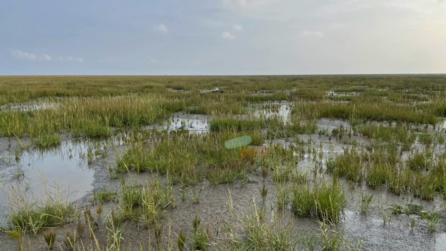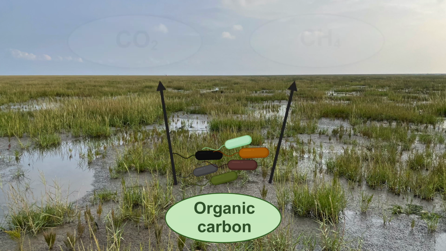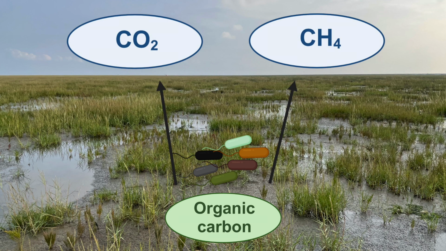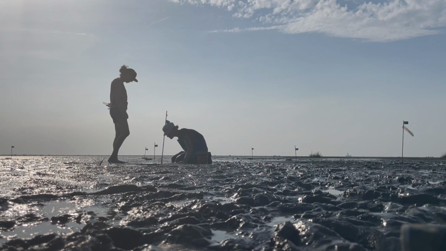Climate change is caused by increasing concentrations of greenhouse gases in our atmosphere that warm up the planet as well as have cascading effects. Two of the most important greenhouse gases are carbon dioxide and methane, and part of the release of these carbon dioxide and methane gases into the atmosphere comes from natural sources like soils and sediments. In these systems, microorganisms slowly decompose the remains of plants, animals, and other microorganisms to release greenhouse gases. And this process is particularly important in wetlands that serve a dual role in the carbon cycle by acting both as a sink for carbon as well as a source of greenhouse gases.